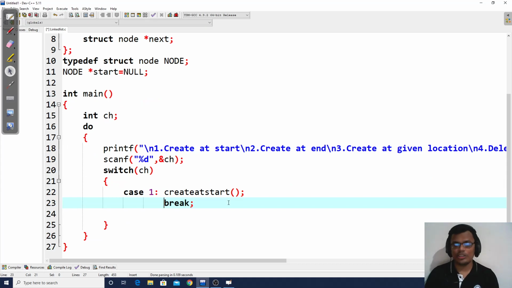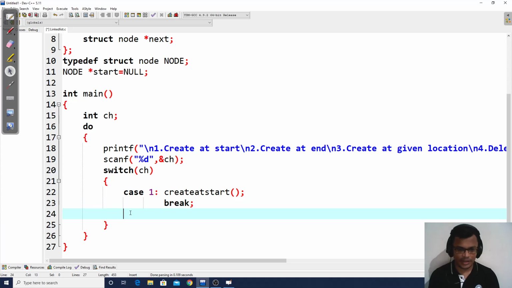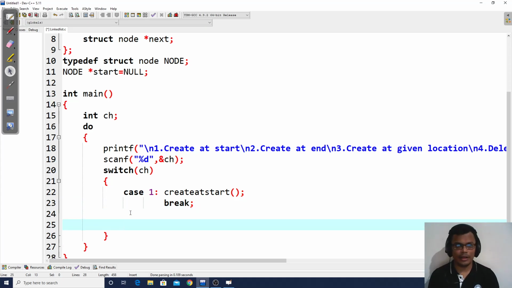So I am going to write logic for this particular function now. Instead of writing everything in one area, I am going to write the code in the form of functions. Similarly, there will be a case 7 for traverse. So we'll do our program step by step. We'll first run create at start, and we'll traverse and see whether our create at start is working properly. And then in the subsequent videos, we'll see other types of insert or create operations.